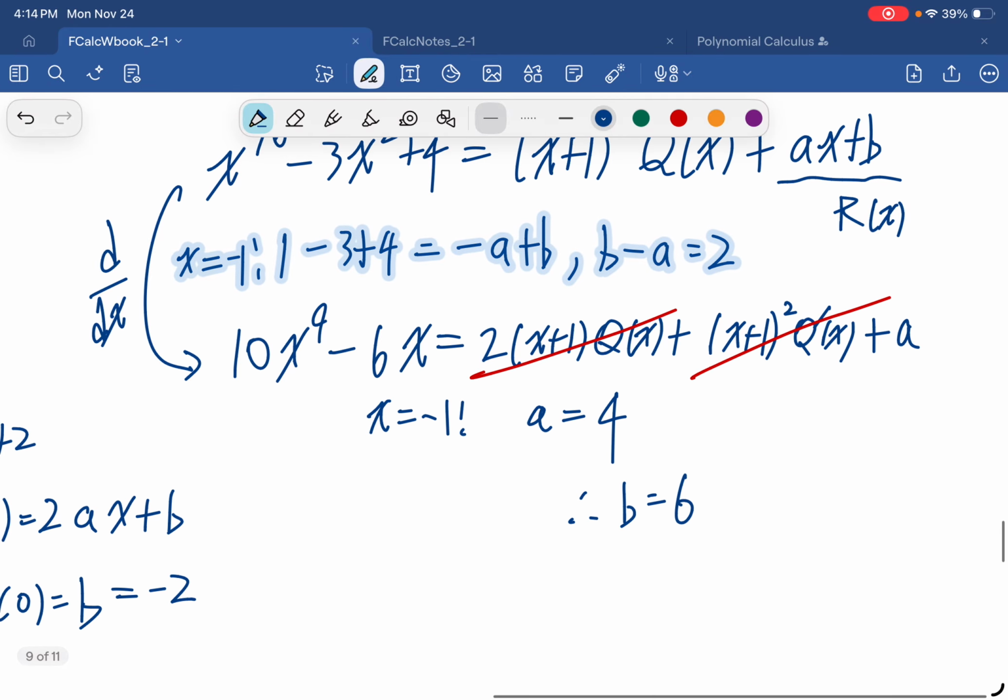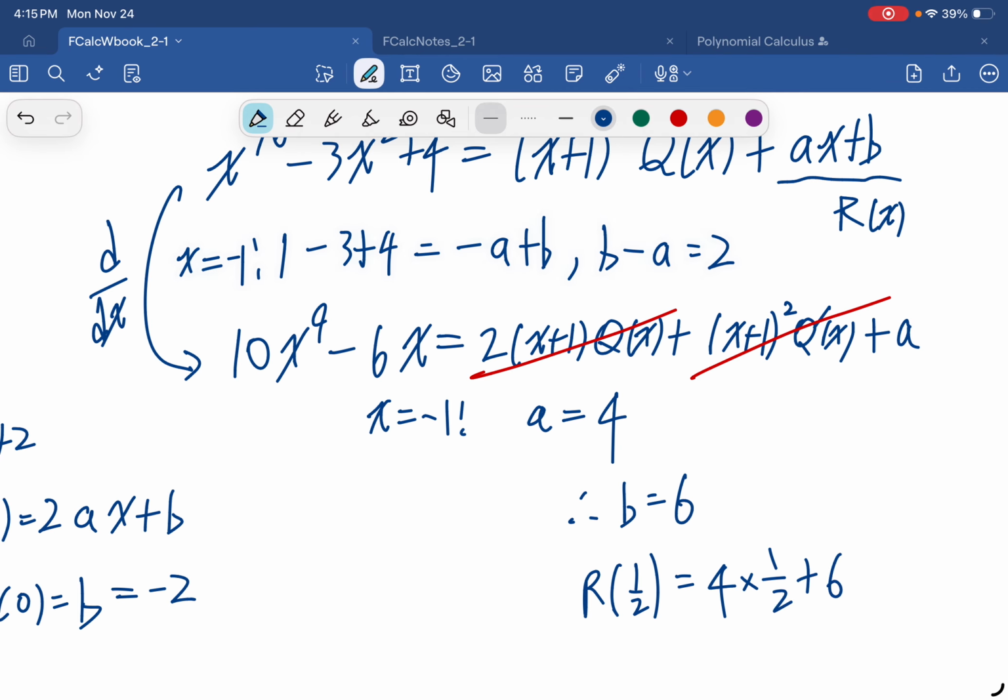Find r of 1/2. So r of 1/2 is going to be ax plus b. So 4 times 1/2 plus 6, which equals